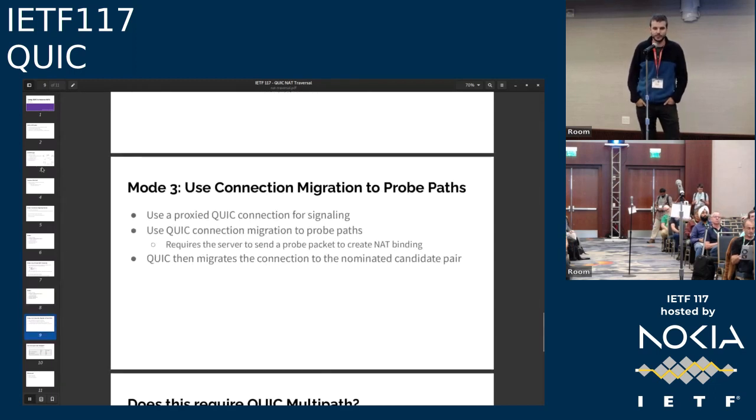So in specific, we can use, next slide. We could use a proxy QUIC connection. We could, for example, use CONNECT-UDP for that, but we don't have to. So we start with a proxy QUIC connection. We then use the algorithm described for QUIC connection migration to probe the path. We need a slight change to RFC 9000 here, because the server now also needs to send a probe packet to create the NAT binding that allows the probe packet from the client to make it through. And then we can use connection migration to move to that